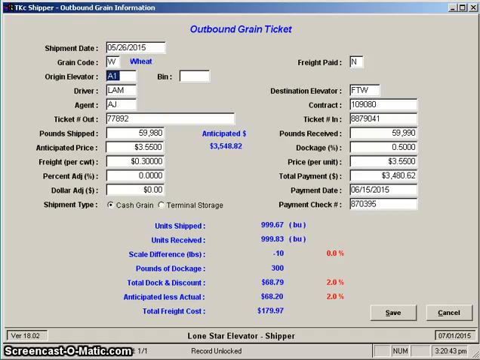The origin elevator is however you designate the elevator from which you are shipping the grain. You'll want to use the same origin elevator code here that you used on the inbound tickets, certainly if you're trying to keep up with what's in an individual elevator or what's in an individual bin. As you see here, we've left the bin empty because we're not using that, but if you were trying to keep up with how much is in bins, obviously you'd want to be saying which bin you were shipping this